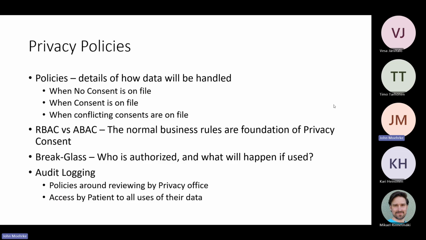I doubt that you're going to allow anybody off the street to break glass in this case. But again, what does that do? And then audit log policies. What do you record? How often do you review those? Do you support the patient coming to the privacy office and saying, hey, I think Dr. Bob has been looking at my data in a way which is inappropriate?